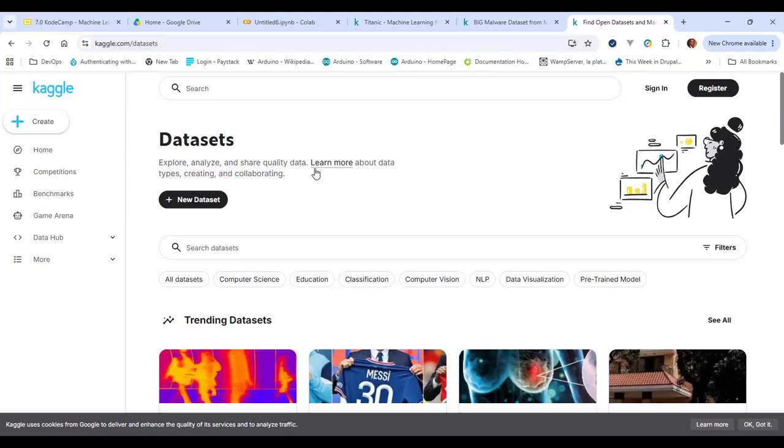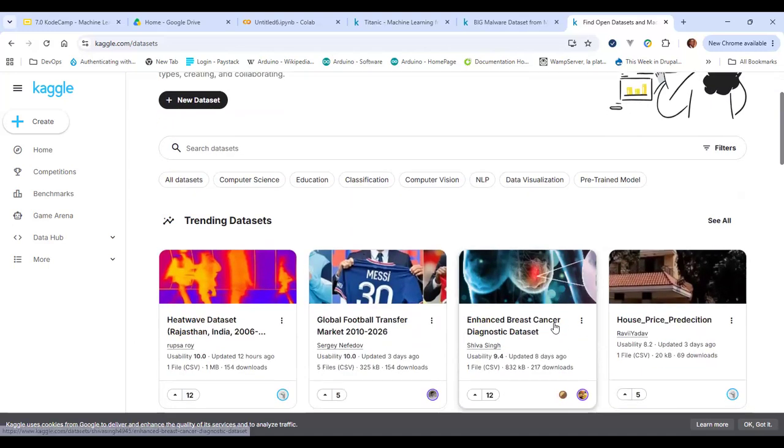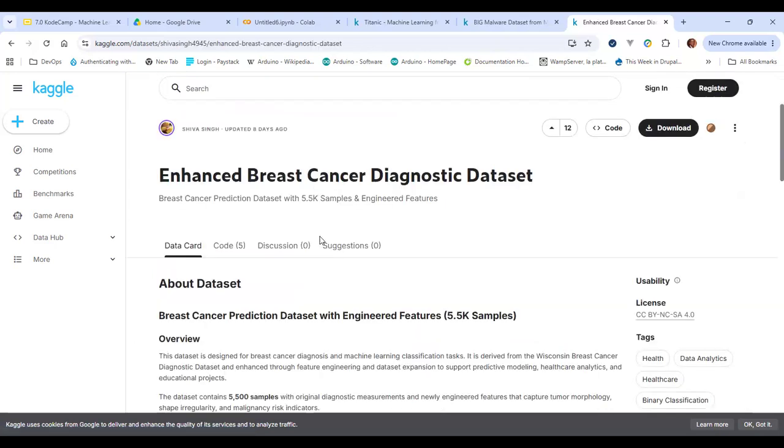Okay, so this is also not a plain data set. I'm looking for a plain data set that will allow, okay, let's go to enhanced breast cancer because